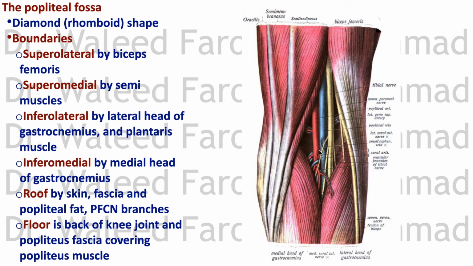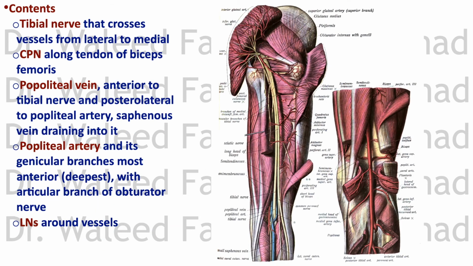the popliteus muscle and its fascia on the back of the knee joint, and the roof is skin and fascia, popliteal fat, and branches of the posterior femoral cutaneous nerve. Okay, the contents of the